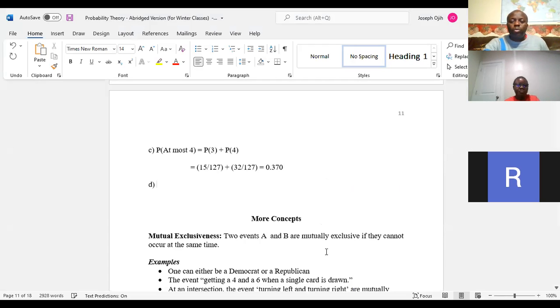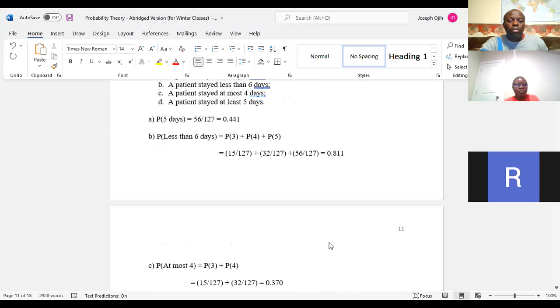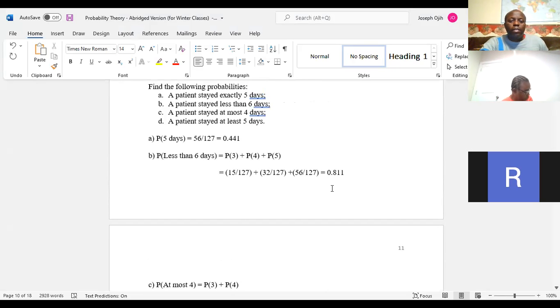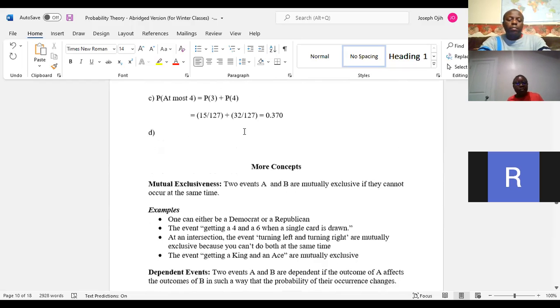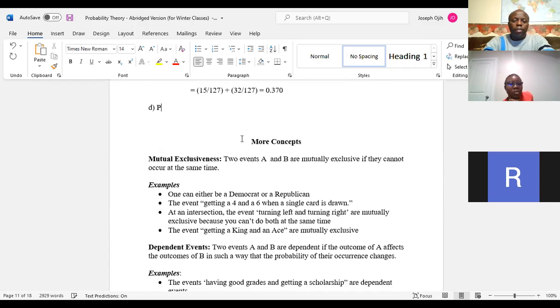Questions before I do the last one on that section? Any question? Okay, no question. Good, excellent. Now the last one: at least 5 days. So the probability of at least 5 days means 5 days or more. That means probability of 5 days